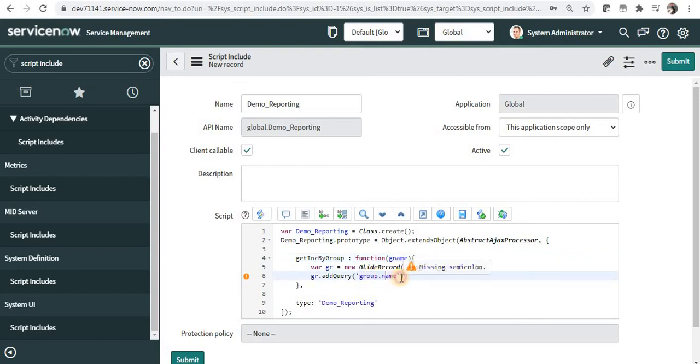This is dot walking, and we will pass the group name, so it will compare it with group.name in the sys_user_grmember records.